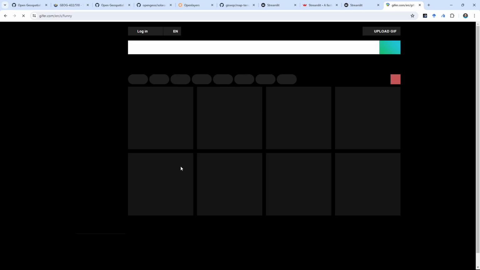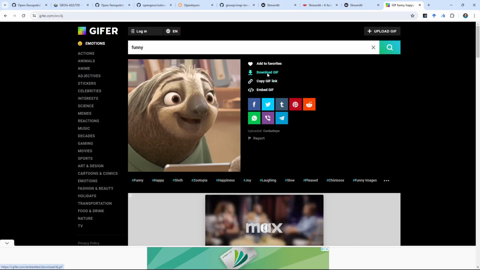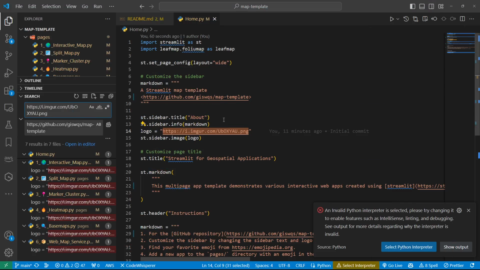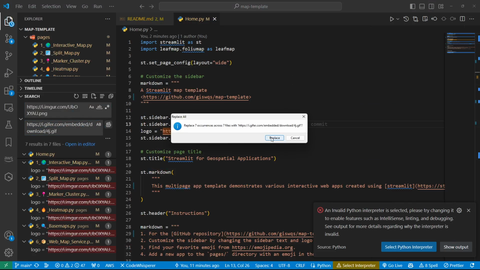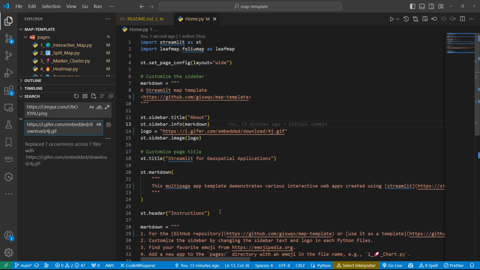Again, you need to get the direct URL, otherwise you can download the GIF. Copy this one. Now I replace this one with this topic work. Okay, done. And the next step, I'm going to show you how you can actually test it locally before